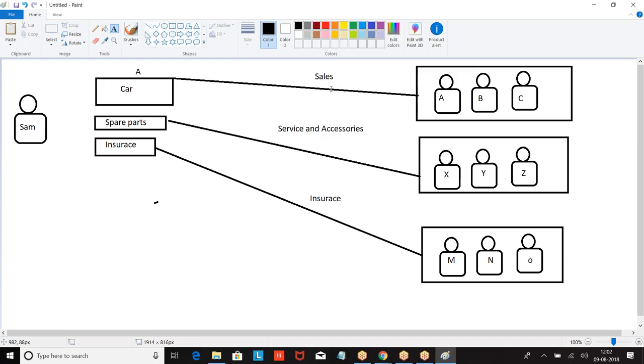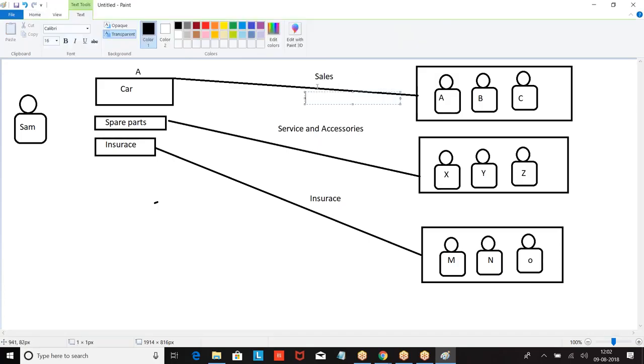Now, the customer told me, boss, I want to purchase, let us say, a Creta vehicle, some XYZ vehicle, and I want to fit every accessory, like a footrest, everything. I want to put some extra accessories and I also want the insurance. And I'm saying, boss, don't tell me separately, tell me the final price. Now, the sales guy will not say, I will only tell about the car price, speak regarding the accessories to this guy. It is not like that, right?